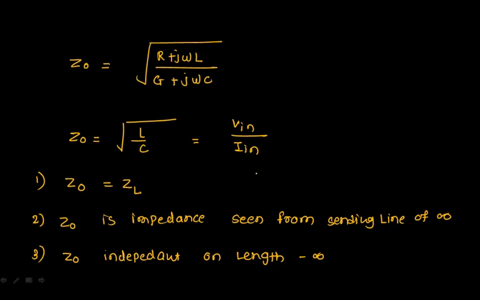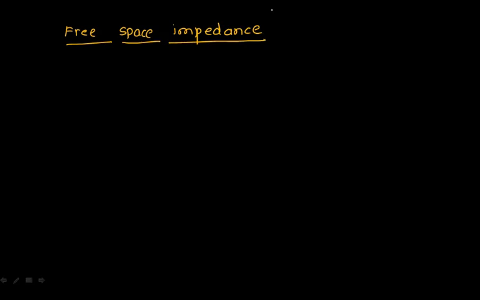Now moving towards another impedance, that is nothing but the free space impedance. So here when I talk about the free space impedance, I'm assuming whatever my media is, it is the ideal media. In another way, it is also called the intrinsic impedance. Okay, very important because we are using this term here. So it is intrinsic impedance.